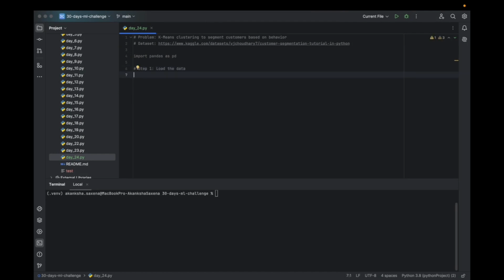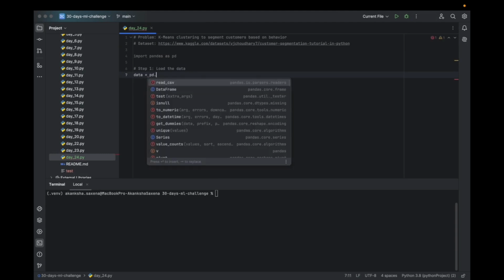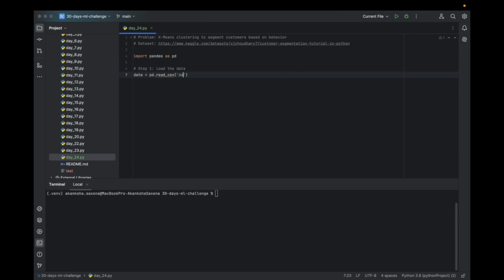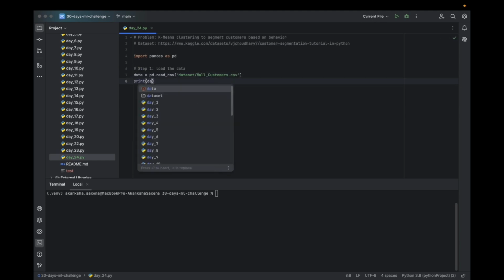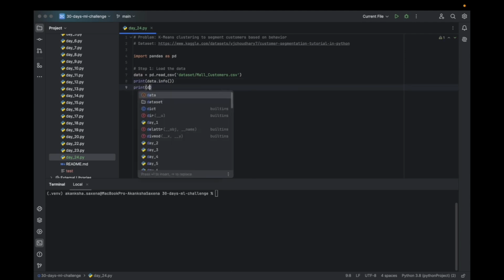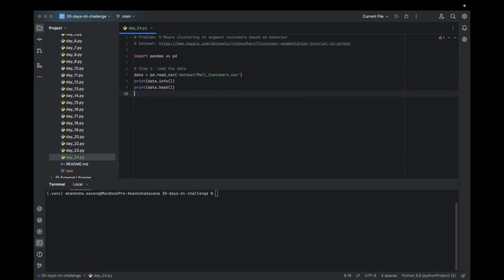Here I am loading the data from pandas using read_csv. Here we specify the dataset, and the file is going to be mall_customers. And let's print the data info from this data frame. We want to see how many columns it has, what the data type is for those columns, and how many rows it has. And then we are going to see some rows, like five rows from the data. Let's run this,